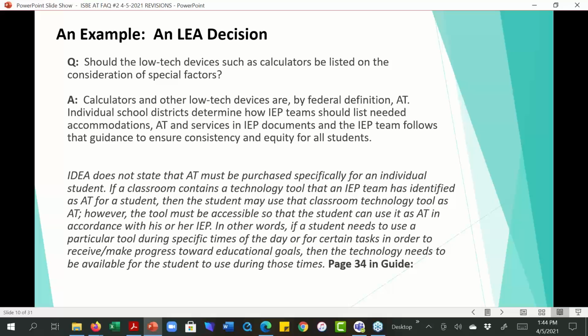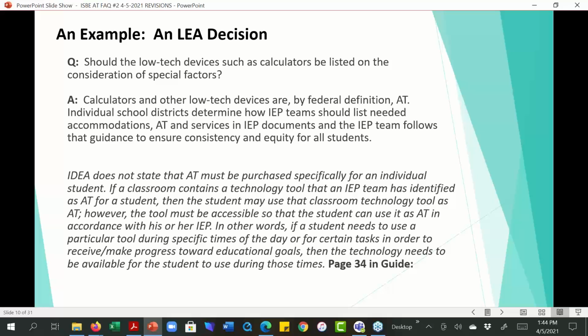But individual school districts determine how IEP teams should list needed accommodations, list AT devices, and list AT services in IEP documents. And the IEP team should follow the guidance provided from your district. And that is to ensure that there's consistency and equity for all your students.